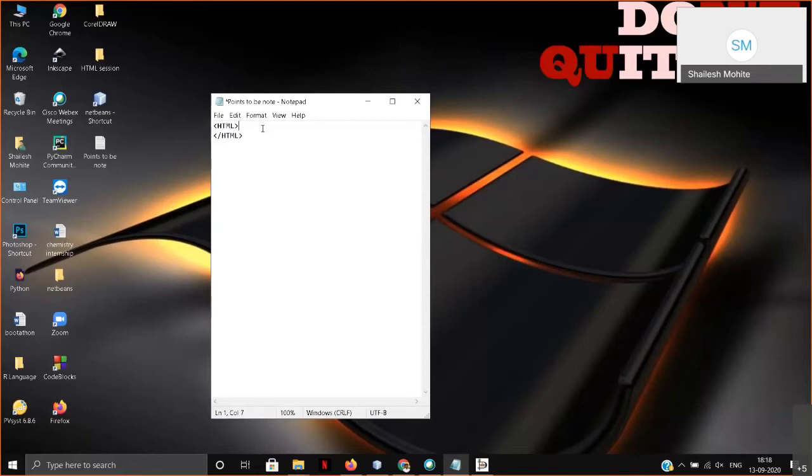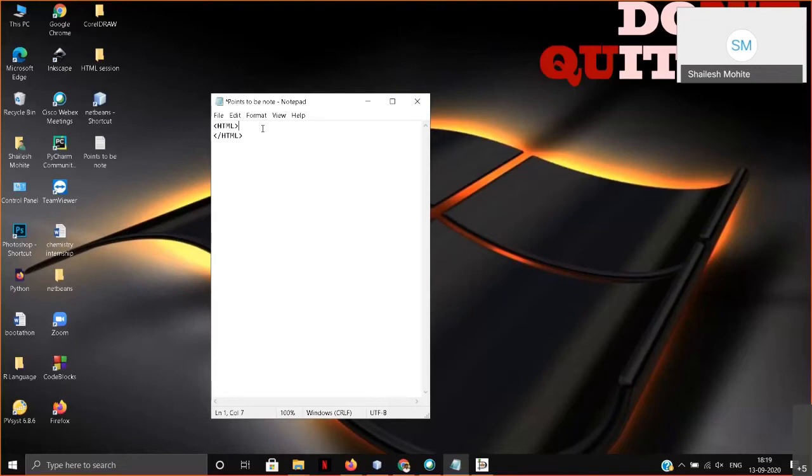Next, there are two types of tags. One is the tag that has both opening and closing tag, also known as a paired tag.